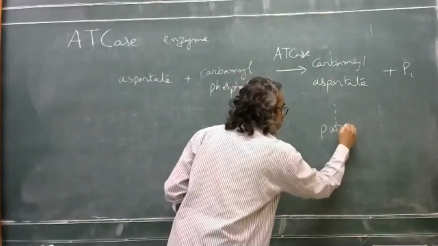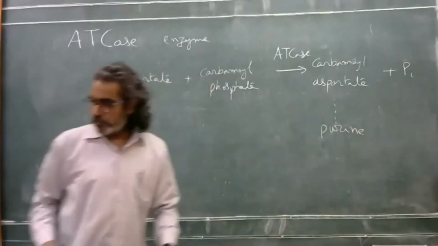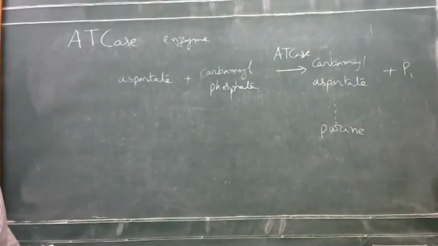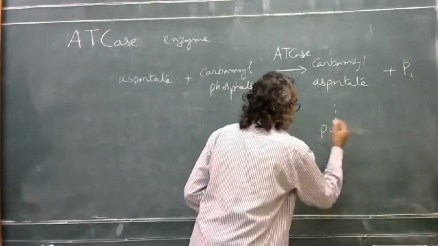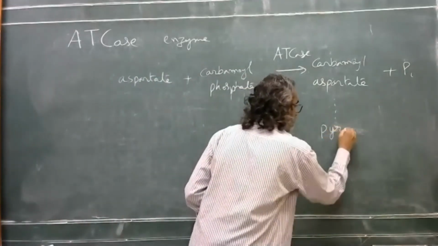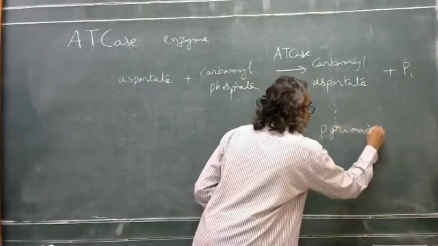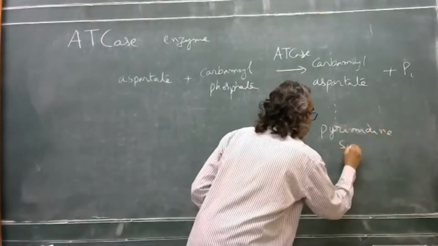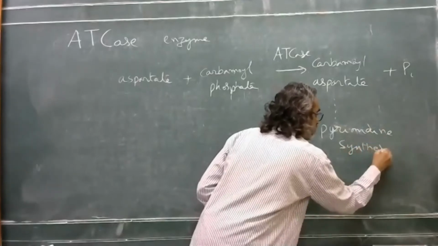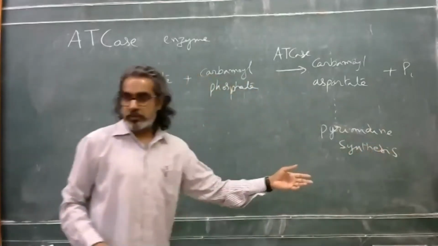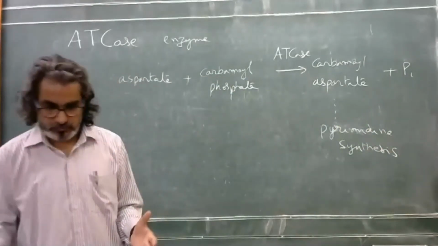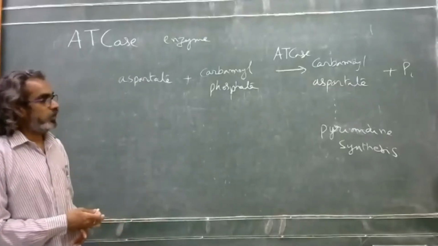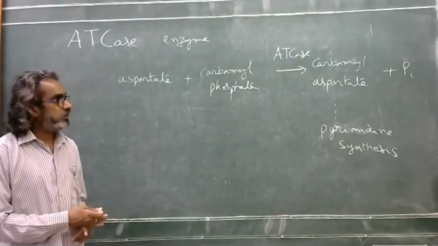For purine or pyrimidine? I think it's purine. No, sorry, pyrimidine. Pyrimidine part. So basically DNA synthesis. So that you have DNA nucleosides, which will be helpful for making DNA and then cell division and so forth. Okay, so this is one of the enzymes which is important for this.